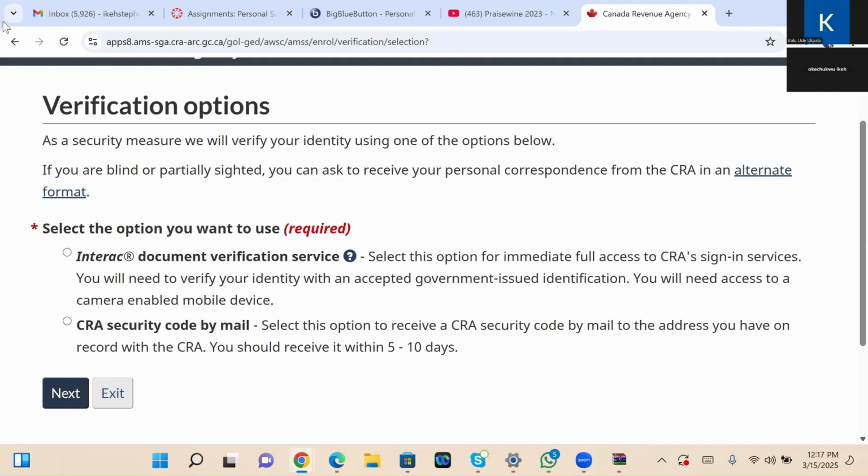The second option will open your CRA account, but it will not give you full access now. You have to wait 5 to 10 days for CRA to mail you a security code. The security code CRA mails you is what you use to get full access to your CRA account. That's the second option. For now, we are going with the first option because we have our driving licence or ID card available. So when you click